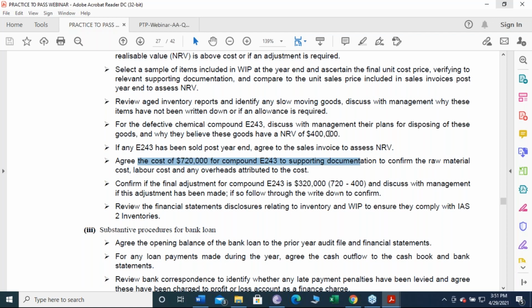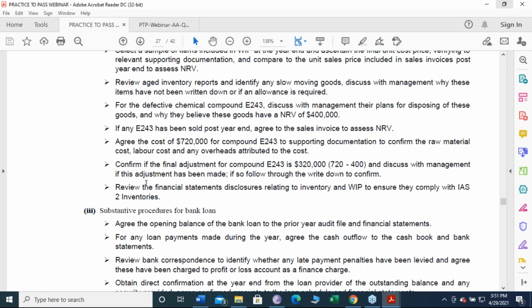What are you going to do regarding 400,000? This is the directors' belief, and you need to have a discussion, and make sure that the assumptions used are reasonable. You need to make sure the post year end sales invoices are greater than 400,000, so that the NRV holds, because you're not valuing inventory at cost of 720, you are valuing at NRV. So if the NRV is 350, you need to value it at 350. Second last, you need to make sure that the correct adjustment has been made by the client. You need to make sure that they have fully disclosed the whole story in the disclosure notes.